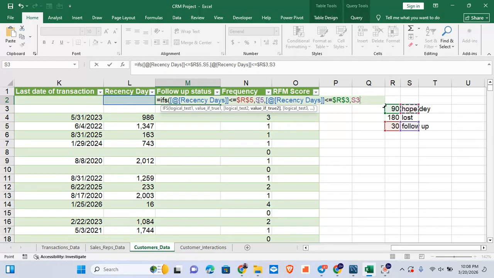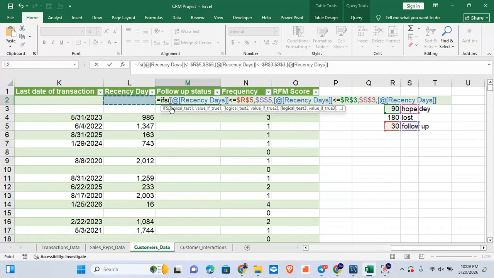No, no, no. If you do not lock it, it will not start studying the pattern. It will say hope, lost, follow up, empty. No, Isaiah is not as smart as you all think. I'll lock it. And I'll do the same thing to this guy. Lock it. Then if it's equals to that guy,